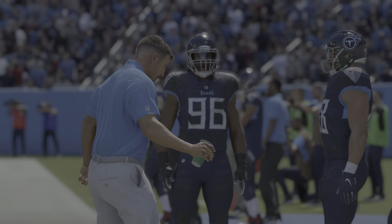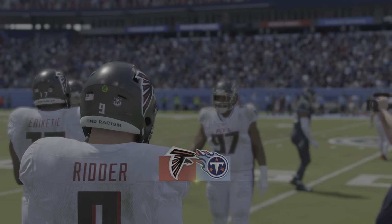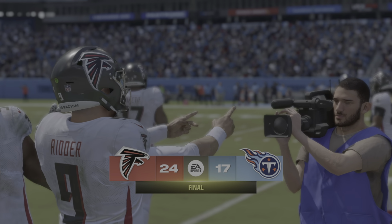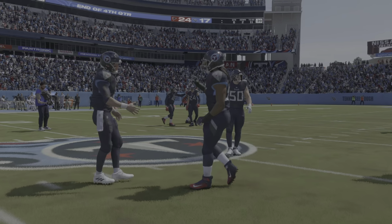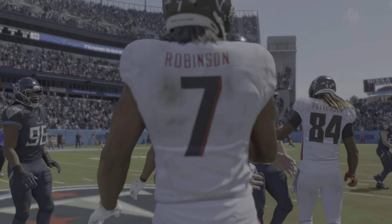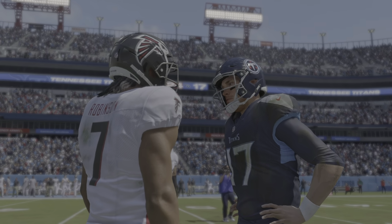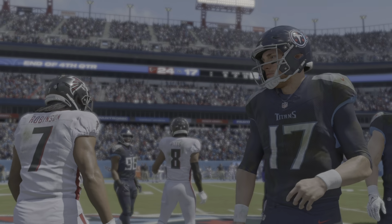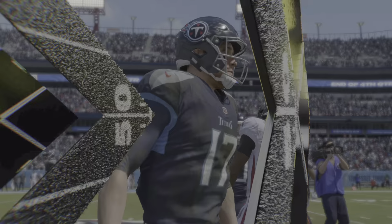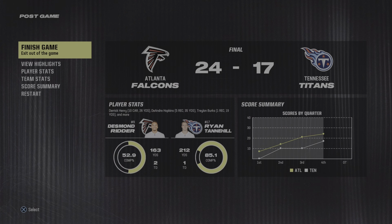What a finish in this one, Charles. You know, this group, they come in, they have to fight a hostile atmosphere every snap. They get the late score, they get the victory, and that flight home, it's going to be a little sweeter after this one. And Brandon, just like you, I was fired up for that last sequence. How about that? Wouldn't you have loved to have been in the huddle when they were mounting that game-winning drive? Big-time moment. No one shied away from it. They tuned out the crowd, kept their heads, and